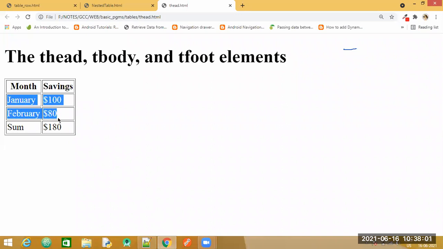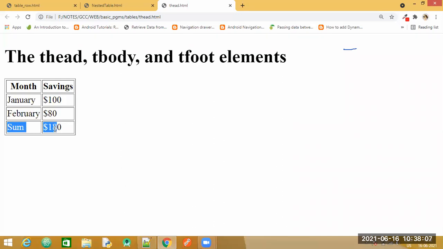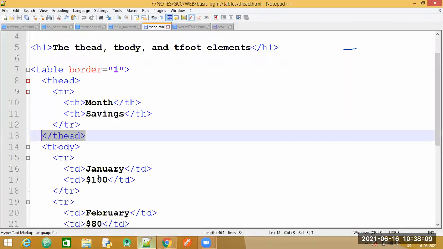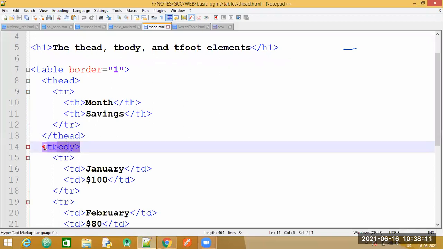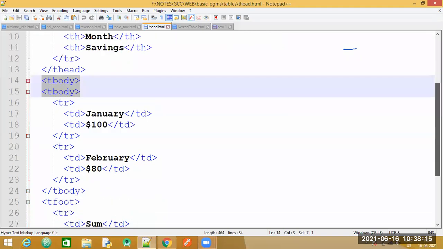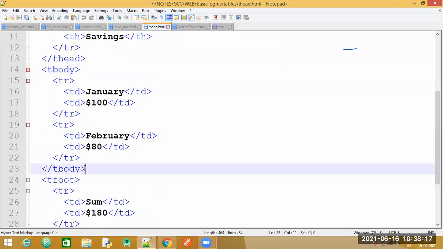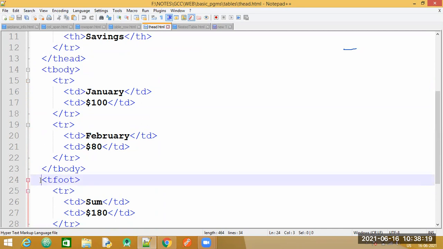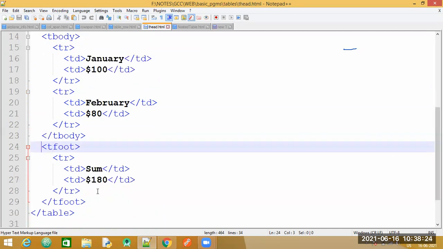This January and February, these both rows are specified in the table body, that is T body. And the last one is T foot, that is table footer. See here, this is the table body. So inside that I have 2 rows, Jan and Feb, and I have closed the T body tag. Then I have opened the T foot tag, and I have just written some other total there. Okay.